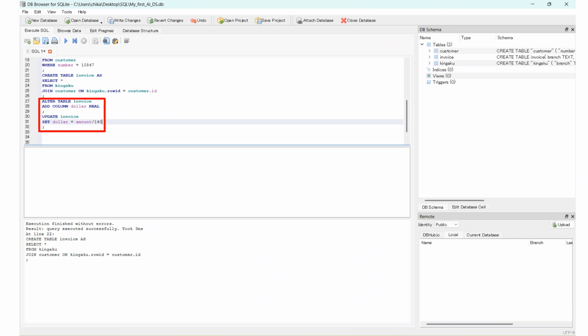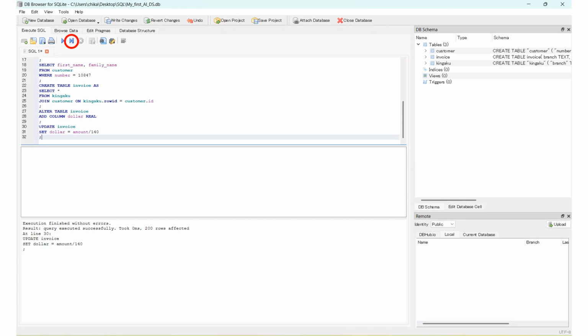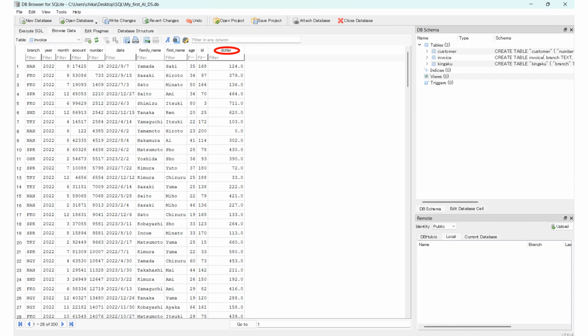Alter table changes the table definition of the invoice table. Add a column. Name that column dollar, and make its data type real, floating point numbers, and the code is done. Next, update invoice by dividing the amount by 140, the exchange rate at the time this tutorial was created, and putting the calculation results in the dollar column. Run the 2 codes. When viewing the invoice, you will see a column called dollar, the values in which have